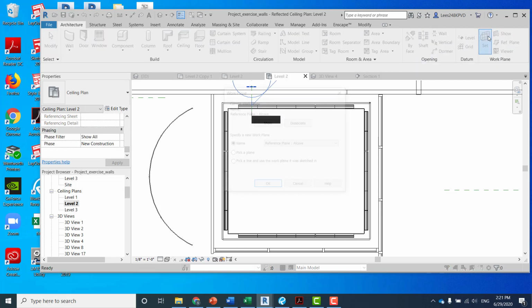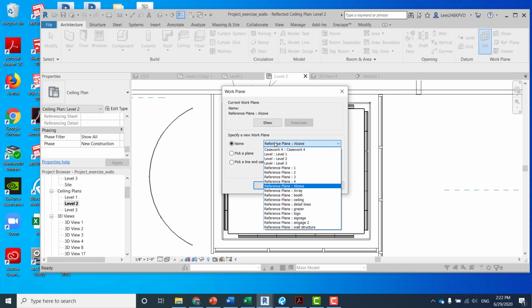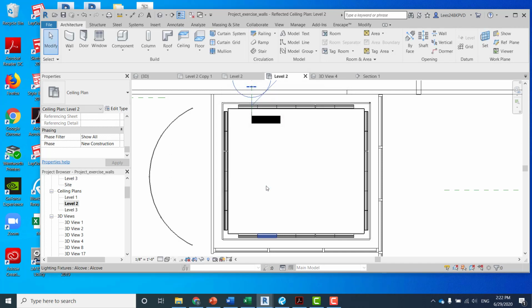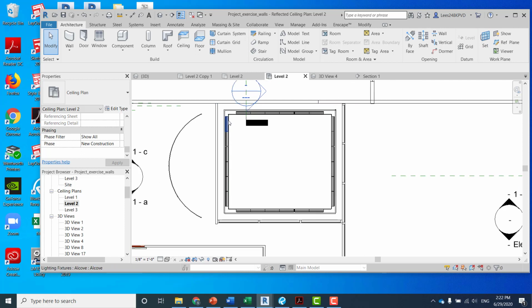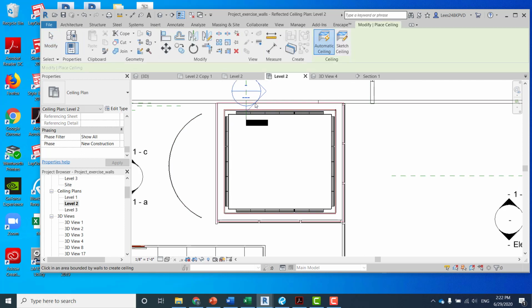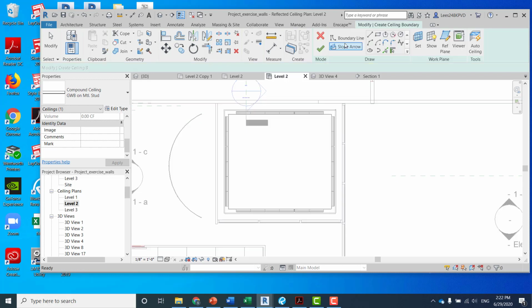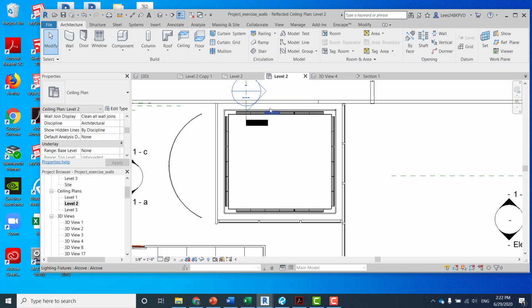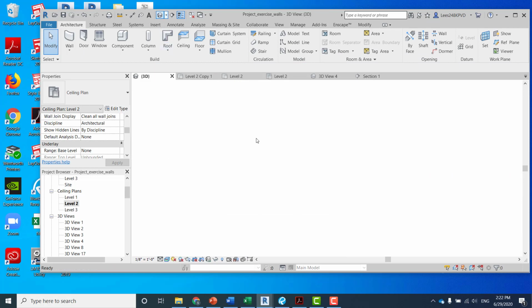Let me set the reference plane to level 2. Okay, now you can build the ceiling over here. You can sketch. So using this rectangle tool, sketch that one, and make sure the height of it, and that one was, let me see,